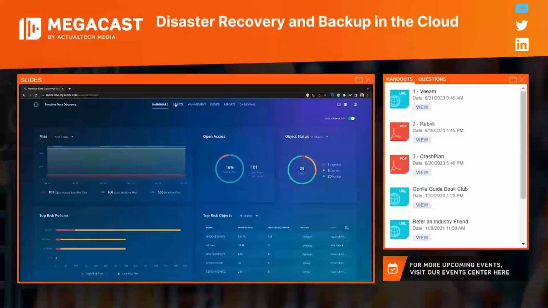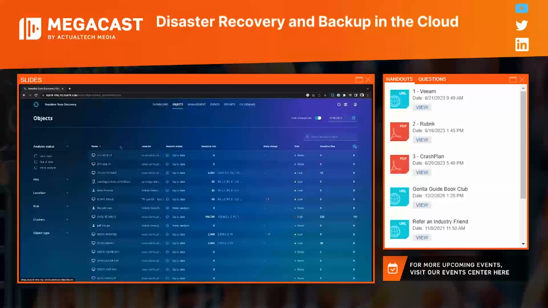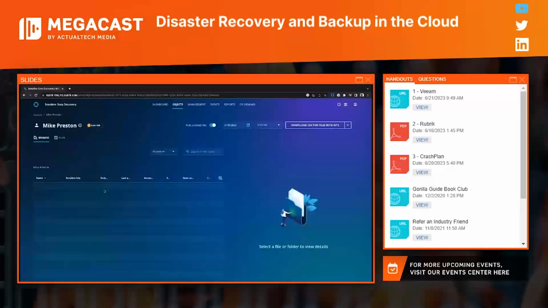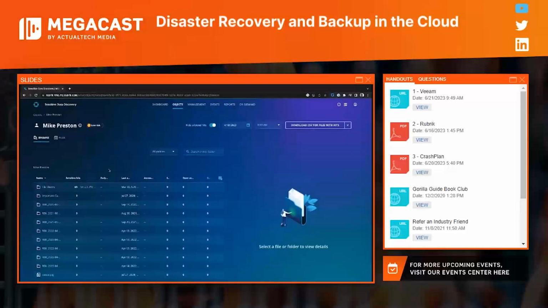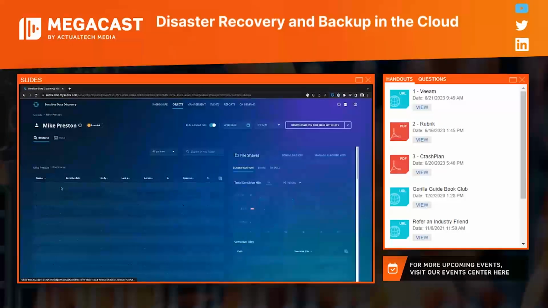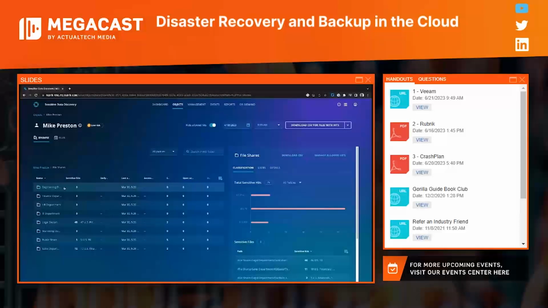Here's my OneDrive account listed here again in the list, and just like before, we can drill into this folder structure and see where our sensitive data lies within that OneDrive account. In this case, this file shares folder. Here we can see that a number of files within the file shares folder did indeed contain sensitive information. We can see that we have a total of 75 sensitive hits, with the majority of them being flagged as USPII. We can also see the actual individual file names hosting that sensitive data. In this case, it looks as if an Excel spreadsheet containing some personal identifiable information exists within this account.